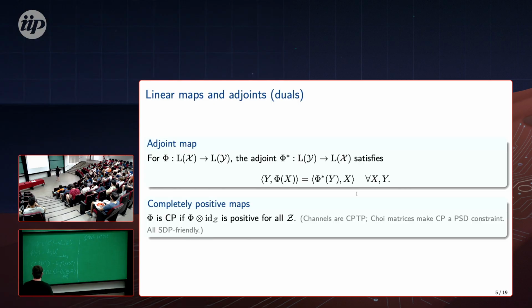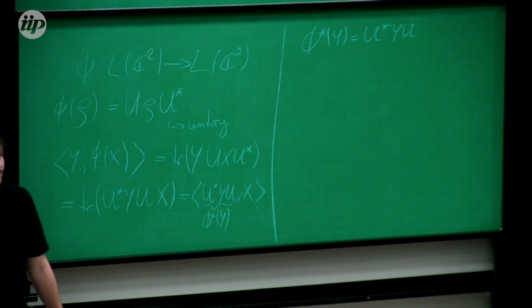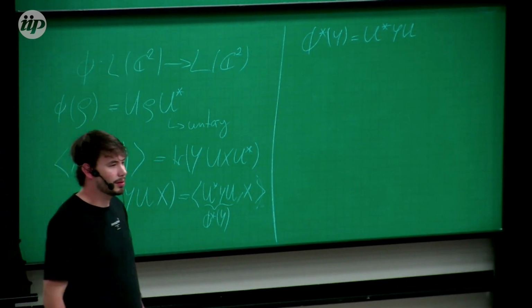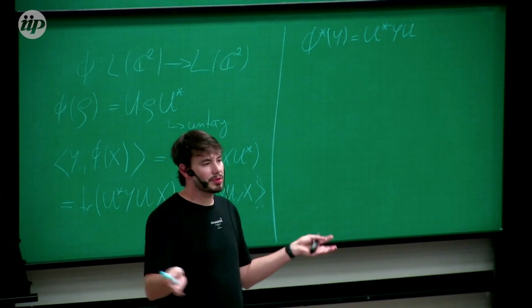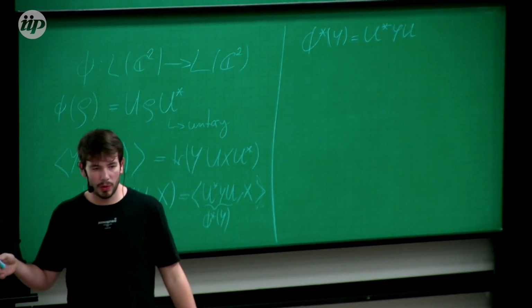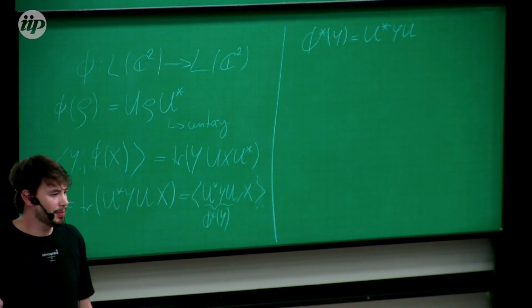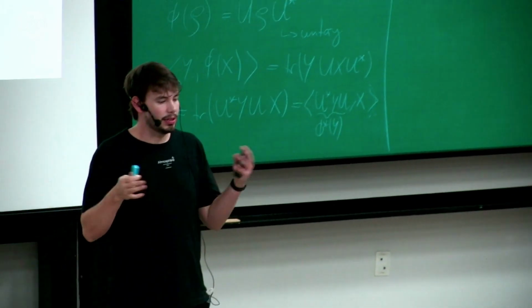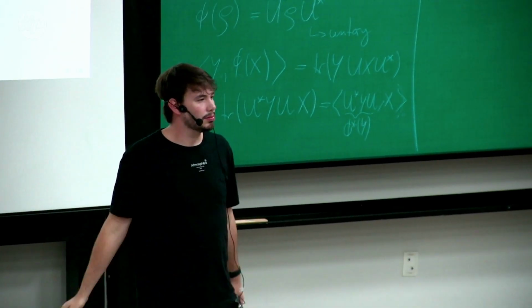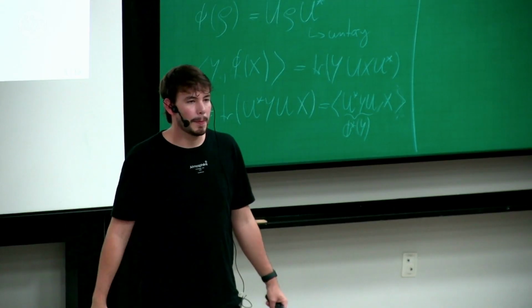I was just being lazy and assuming that they're all self-adjoint. Not necessarily. These maps will be defined on any matrix, but for all I'm doing, I'm only going to care about Hermitian matrices, though not necessarily positive or trace one or something like that.